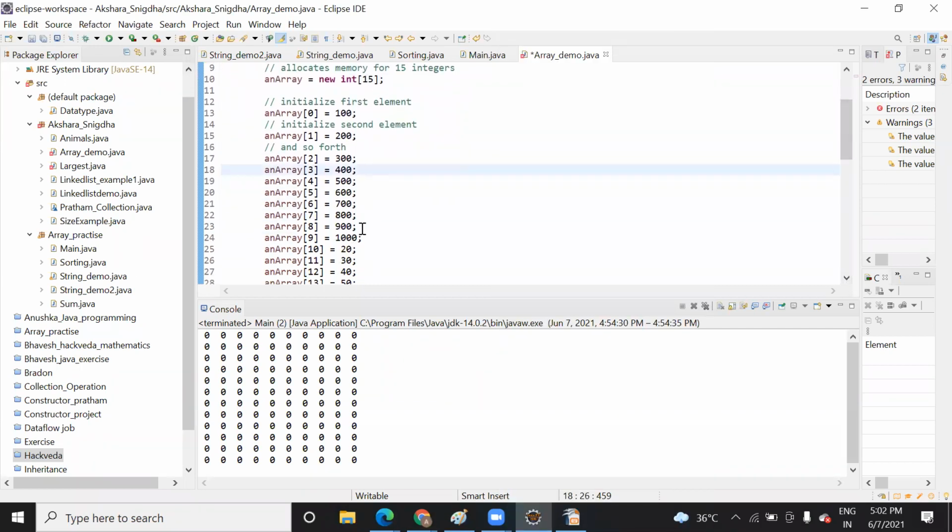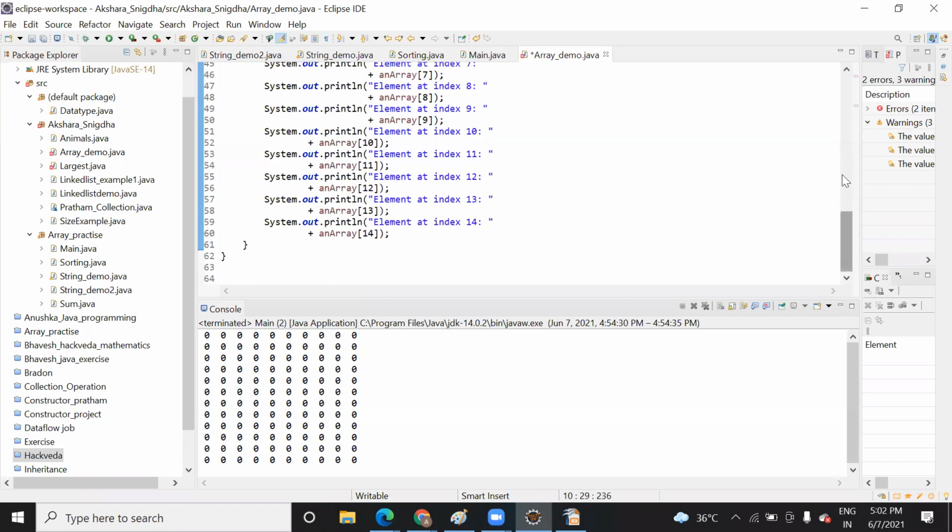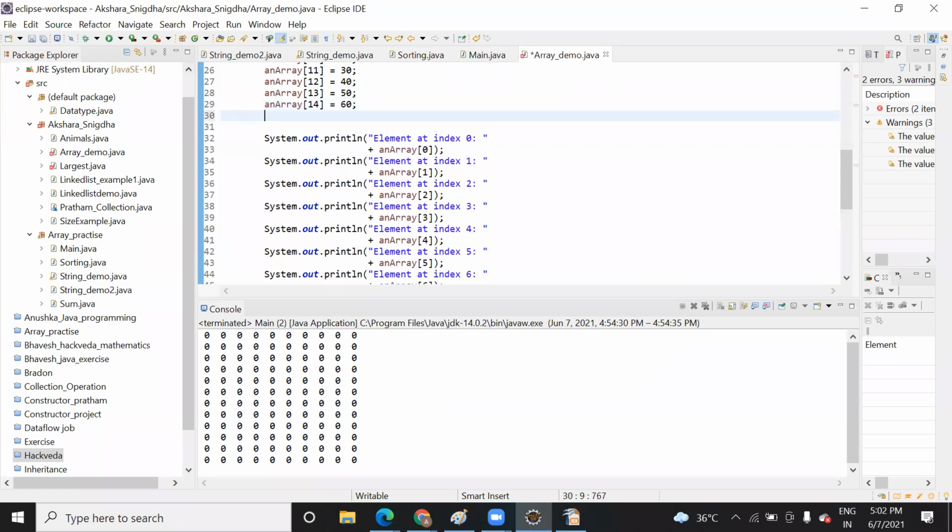Null value also is possible. Okay, let me take it. Here I have declared 15, right? Let me take it as a 19, and that might throw an error because it's an integer, right? Yes.